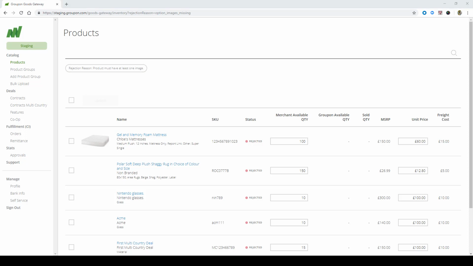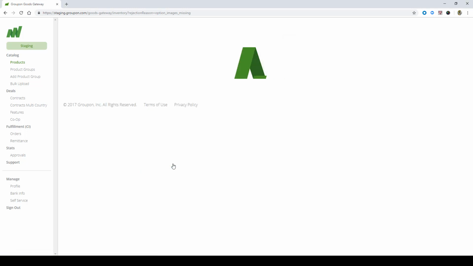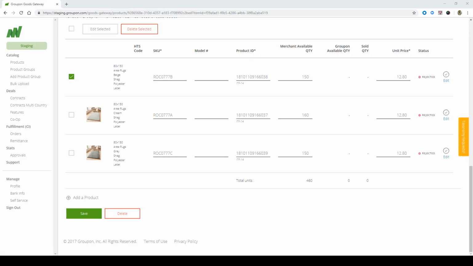Now, in order to fix this issue, what you need to do is click on the name of the product to take you into that product information. And once you're inside the product information page, you can make the necessary changes. In this case, we can see the product doesn't have an image. So let's scroll up